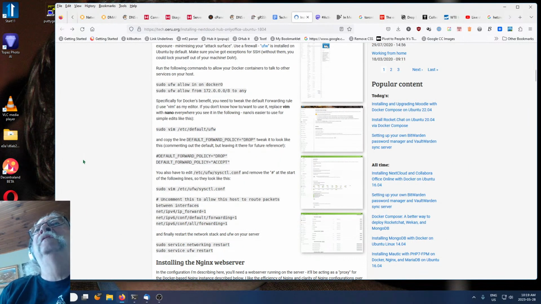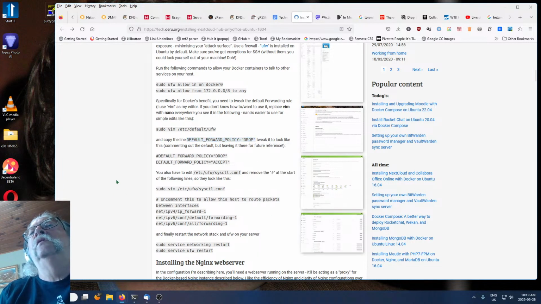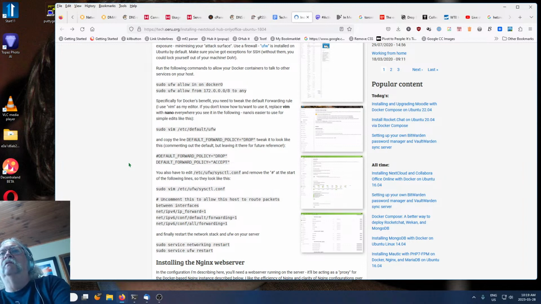Doesn't always. Copy the line. Default forward policy equals drop. Tweak it. Oh, okay. Okay. Not the best instructions in the world,